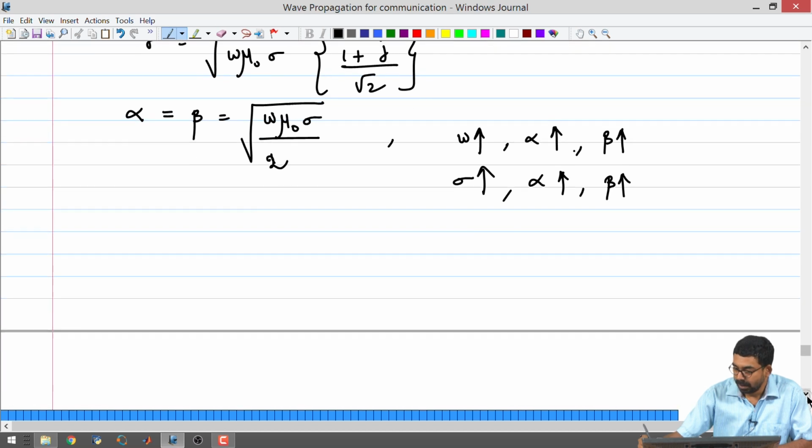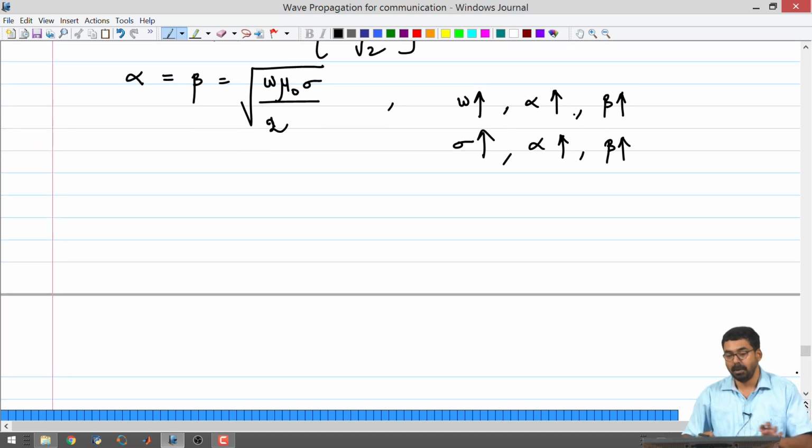So, I hope that now you have some general idea about behavior of materials itself. It is safe to assume that any material at low frequencies will be a good conductor and the same material at very high frequencies will be close to a good dielectric. So this is the natural trend. At low frequencies whatever conducts, at very high frequencies it will become dielectric. So there is not much you can do about it.